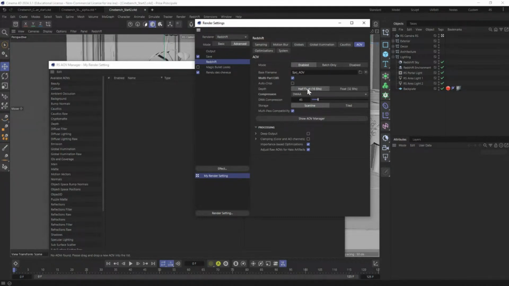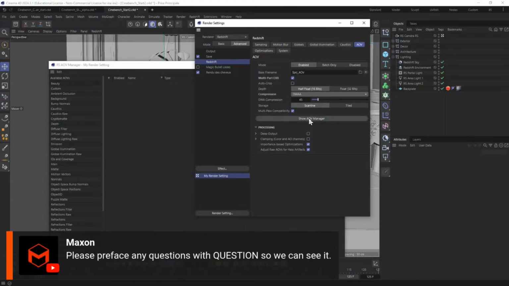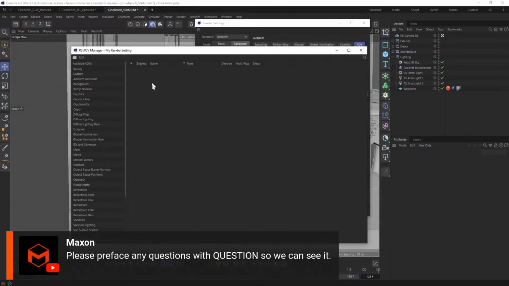I have set the depth to half float. Half float is actually full float simplified, if you want. The files are going to be smaller, and you will have all the bit depth you need. The compression here is DWAA. You could use DWAB. Both are very good. They are lossy, but they are going to give us a very good result. But we will see later that when we're going to use custom AOV, we can change the compression on a layer basis. Okay, so now the manager, I just need to click here, and I can use here all